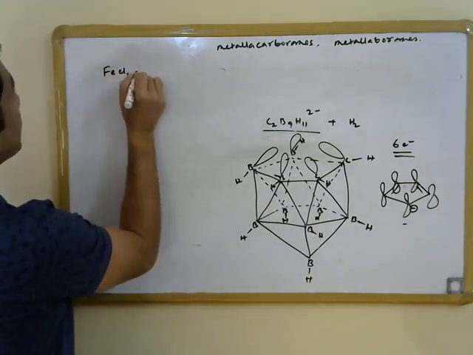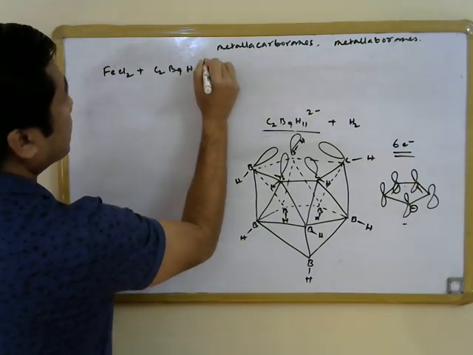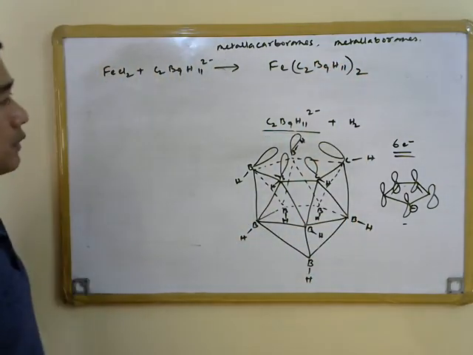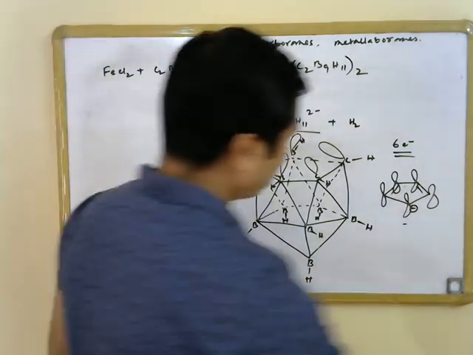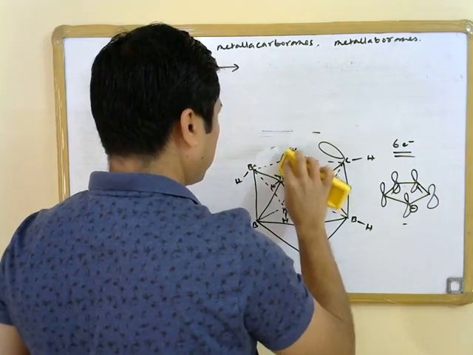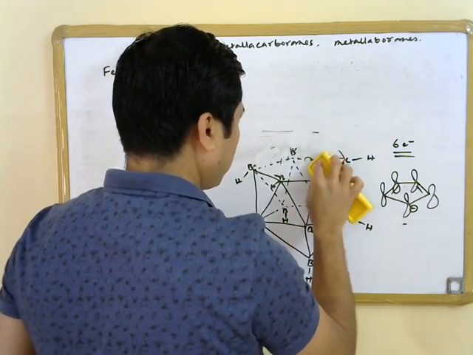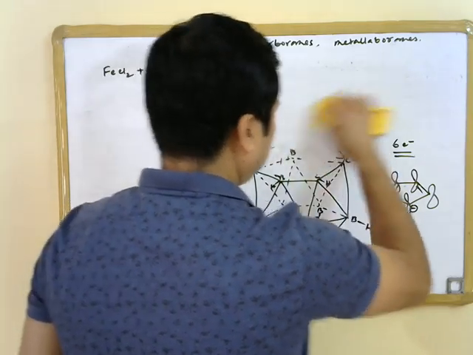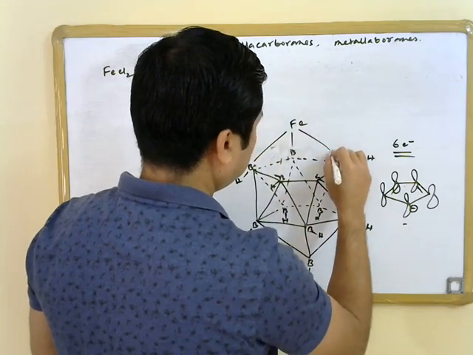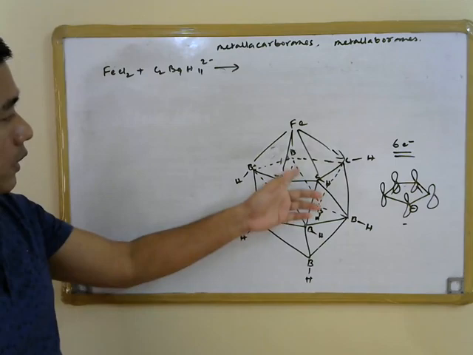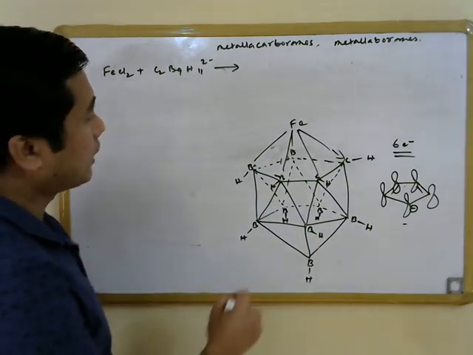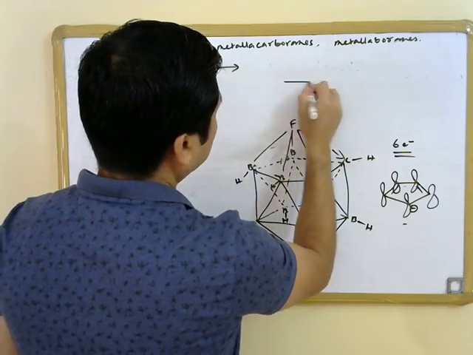So we can take FeCl2, and then if we take this C2B9H11 2 negative, then we can form Fe(C2B9H11)2, a species which has a structure similar to the Cp ligand again, the ferrocene molecule again, because what is going to happen is that the iron center is going to come over here, and we will have linkage in this way to all the atoms which were present on the open face of this nido-carborane anion here, and on this side as well we will have similarly